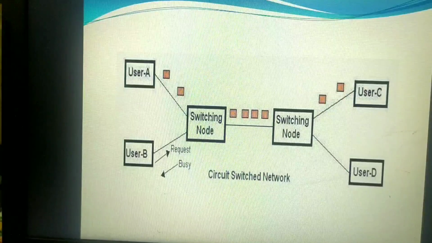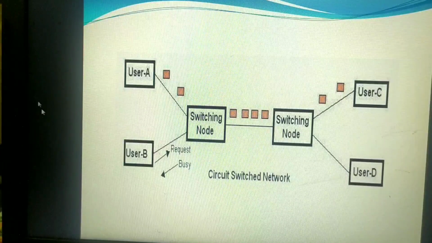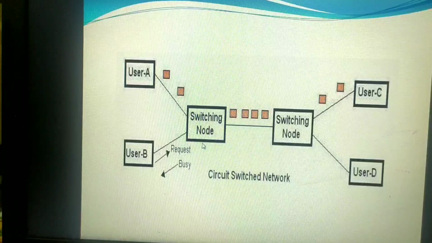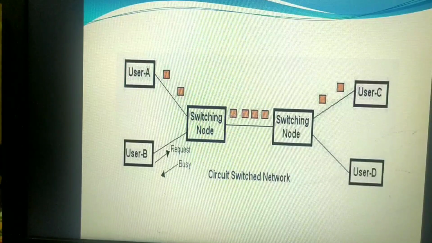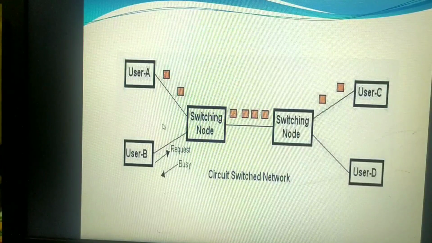If he is free, a physical connection will be established. Already all these four people are connected with wires. All landline phones have cables, and mobile phones are wirelessly connected. Here the connection may be wired or wireless.